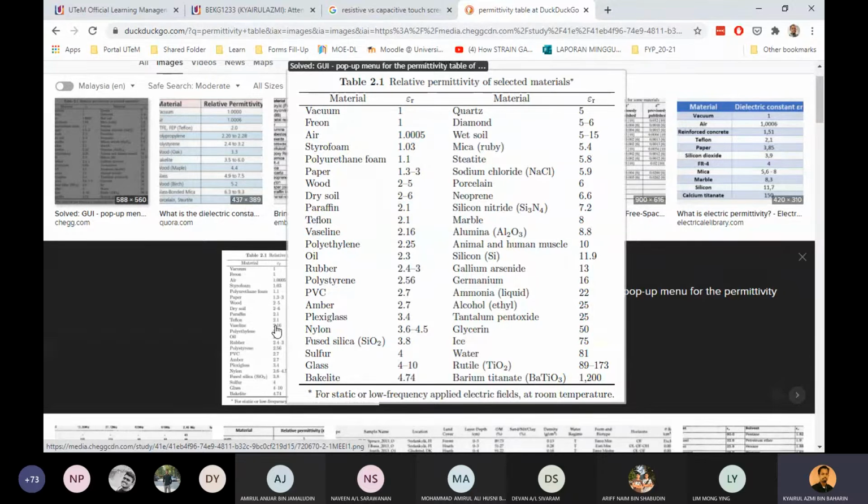Okay, kalau you tengok dekat item ketiga daripada bawah, water, dia punya relative permittivity adalah 81. Water dekat sini sebenarnya dia berubah-ubah, tengok jenis air juga. Kalau air masin biasanya dia punya permittivity lebih tinggi sedikit berbanding dengan air tawar. Tapi range dia around 70 to 80. Okay, apa significance dia? Sekejap lagi kita try tengok melalui calculation. Tapi ini yang saya nak maksudkan apabila kita ada epsilon r yang berbeza.